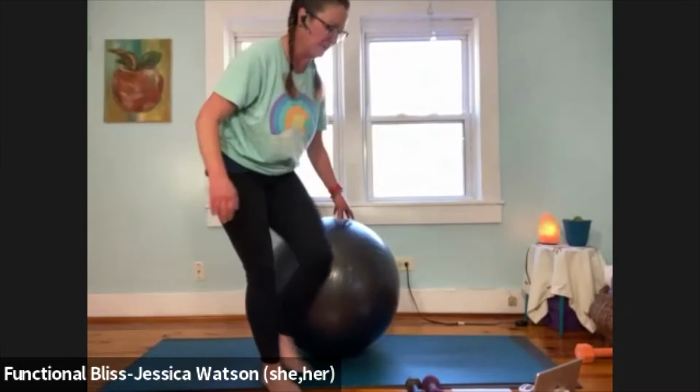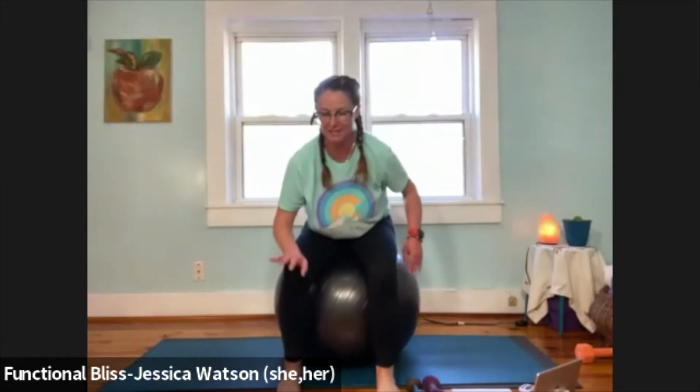Sitting on our ball and just have your hand weights kind of nearby. So we're going to just start in that seated position, feet about shoulder width distance apart, so you have a good base of support with your feet, and we're just going to start to find a light little bounce. Once you feel like you're good, solid on your ball, you have that ball underneath you and you've got a